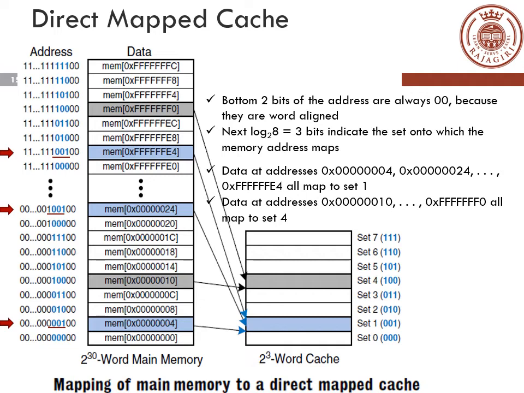Now you can see the gray colored block. The gray colored block has the address 010. Now if you go to the left side of that, you can see its corresponding tag in the blue color is 100. Now you go up, when you see the memory address FFF0, its corresponding address tag is 100, the gray colored one. So these data can only go to set 4.